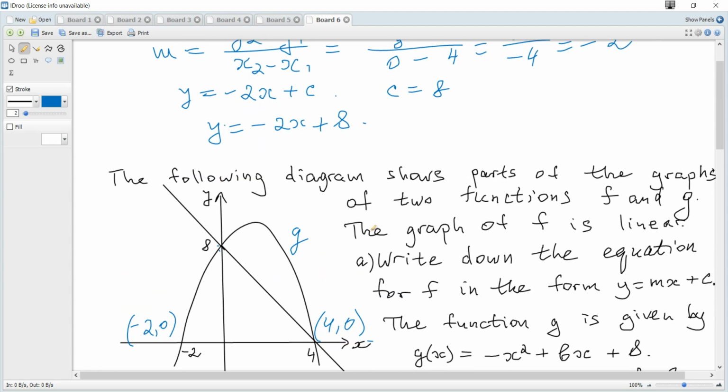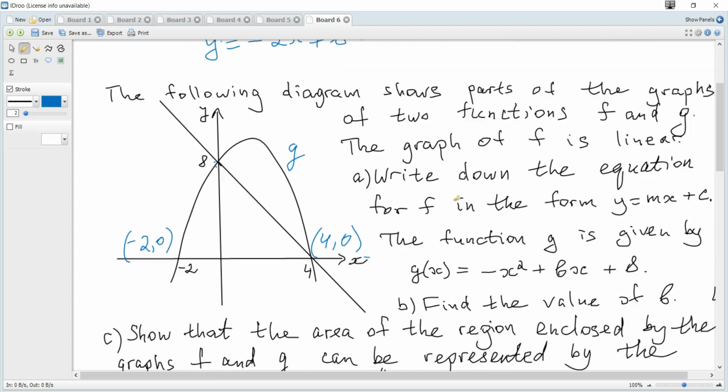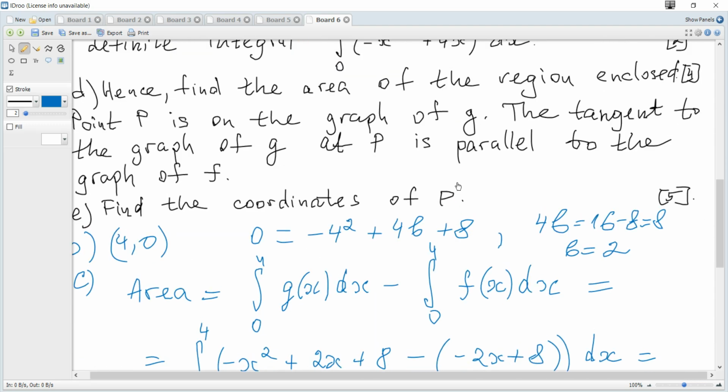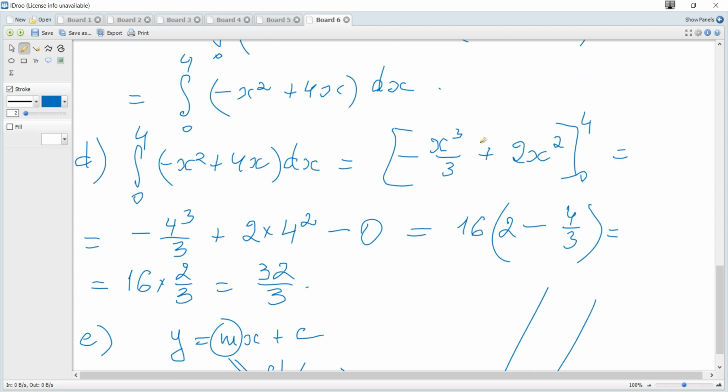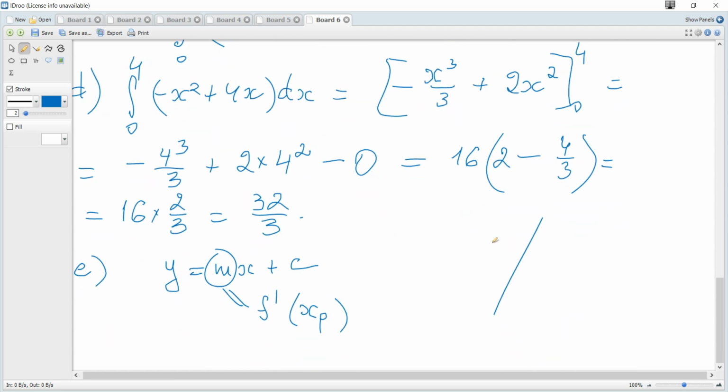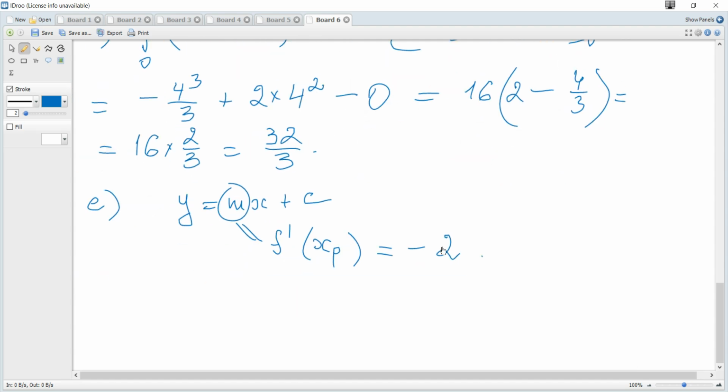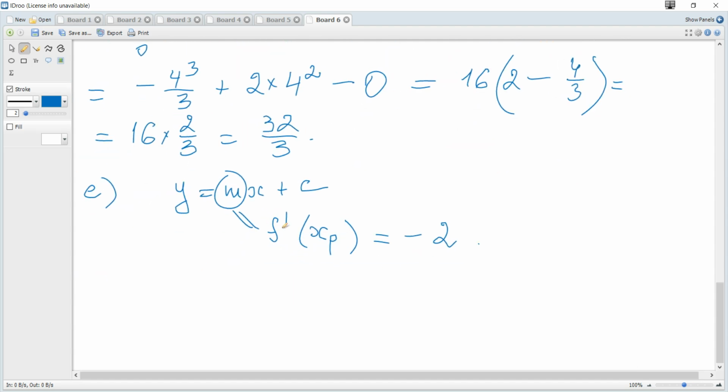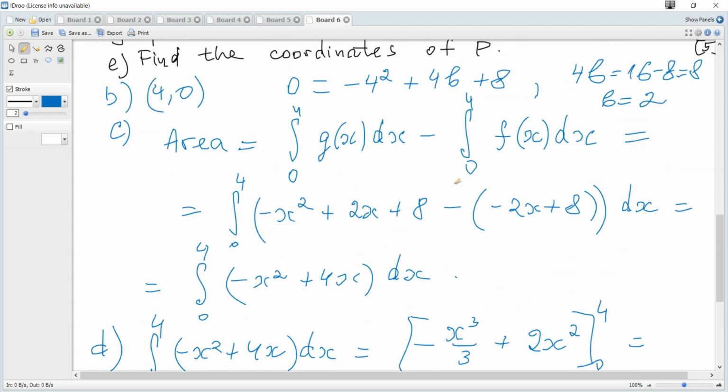If two lines are parallel, they have the same gradients, so the gradient of our tangent should also be negative 2. Hence we get that the derivative of g,